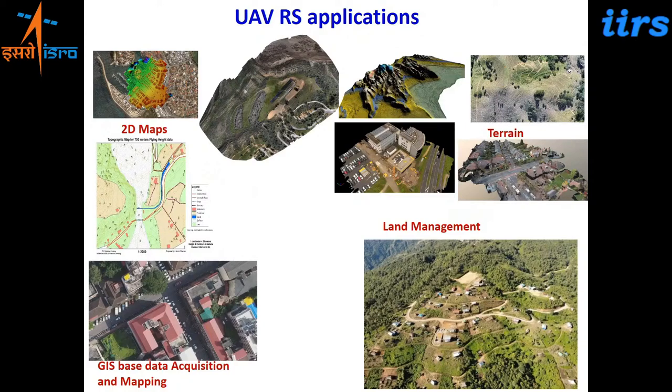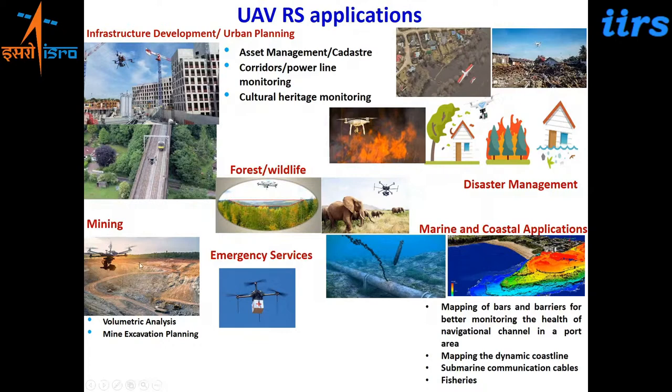Right? It can be used for land management studies. It gives you very high 3D observation for urban planning, infrastructure planning. Then asset management, forest fires, counting of wildlife, emergency services in marine and coastal applications. And the major one, which is the disaster management. In all kinds of disasters, in all phases of disasters, one can use the drones very, very effectively. So we'll be talking about how drones play a significant role in the disaster management applications of disasters.